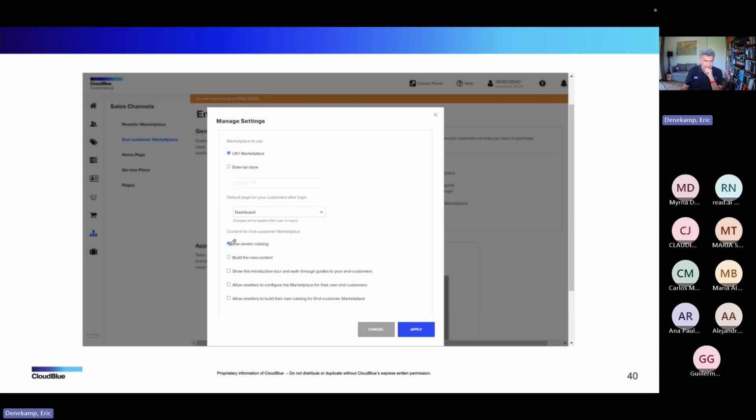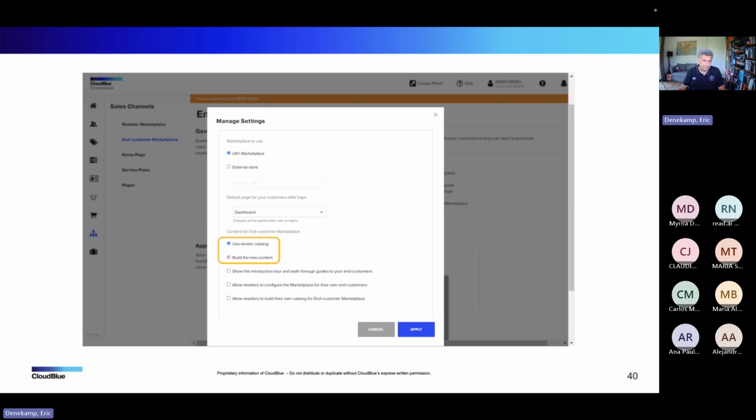A key thing is this one. Whose catalog are you selling? Are you selling the, let's say, upstream reseller's catalog, meaning that you cannot add content? You cannot add your own, let's say, managed services product that you want to sell on top of other subscriptions. You cannot. It's a key thing that you are just a value-added reseller. Nothing is added. However, if you